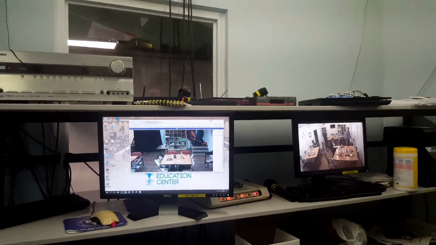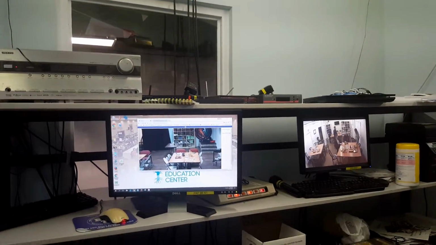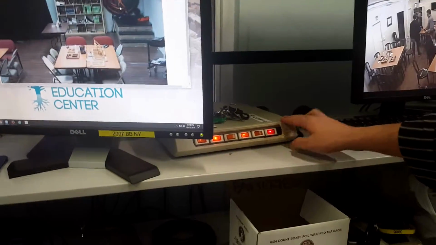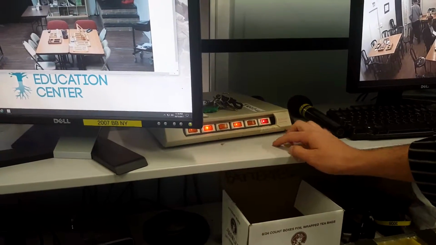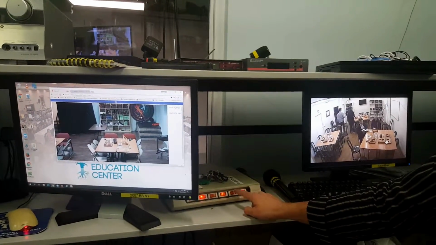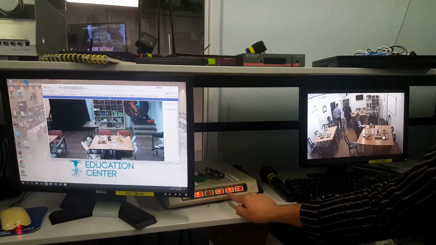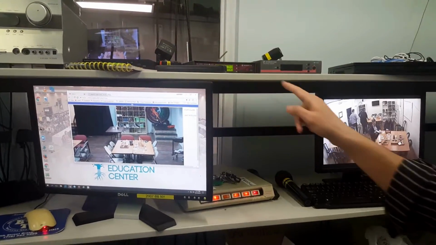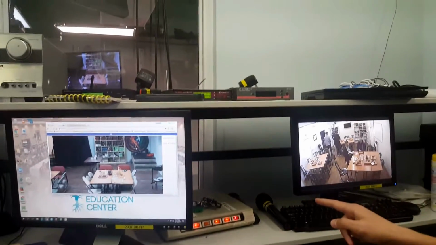Now if you need to do a more advanced setup, which includes microphones, you're going to use this over here. Remember, this is the master power switch. So if you want to set up microphones, you hit this one. This is the second to the last one. You flip that on, and our microphone transmitters are turned on, and we use